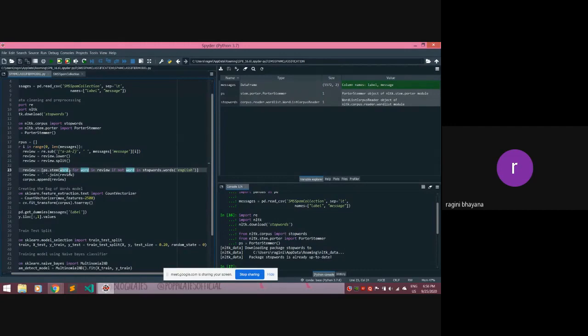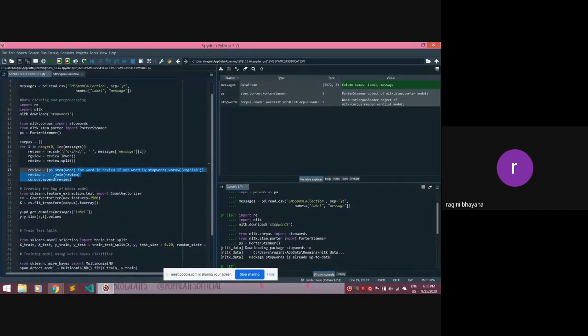So here we have another for loop, for word in review. For every word in that particular message, if the word is not in stopwords English, so if it is not an insignificant word, we will stem that word and store it back into review. And then we'll join it and append it into corpus.